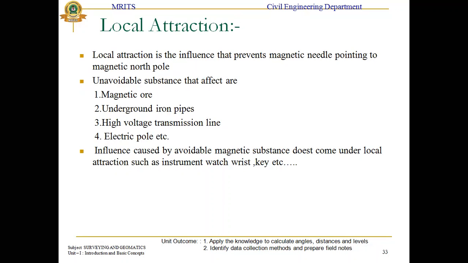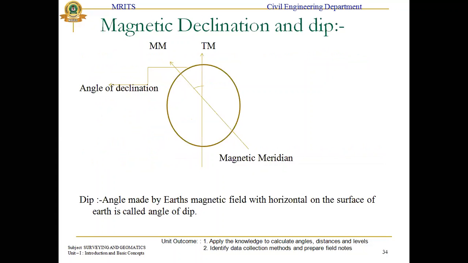Local attraction means that when you are taking the instrument, it will be used for different areas and different measurements. Sometimes a compass nearby, or a watch, an electronic watch, causes difficulty, and a lot of errors will come. In a survey, you should not carry electronic devices with you. Everything should be switched off, for example electronic watches and magnetic objects. This is the local attraction process.